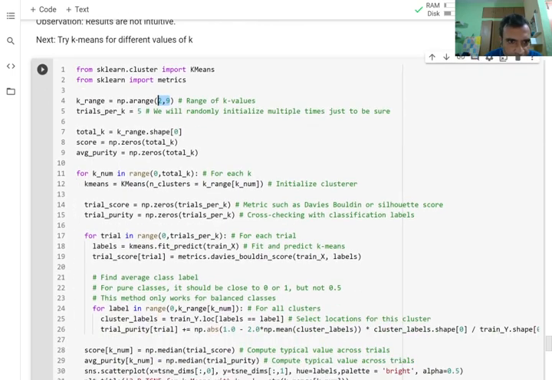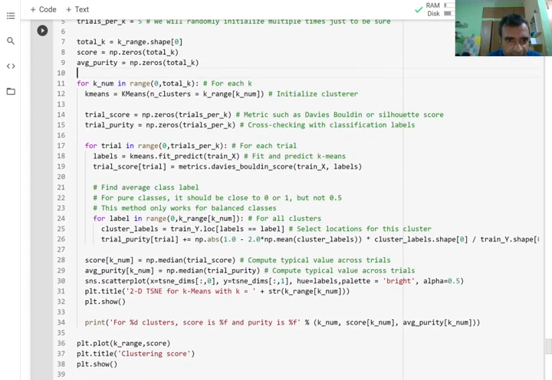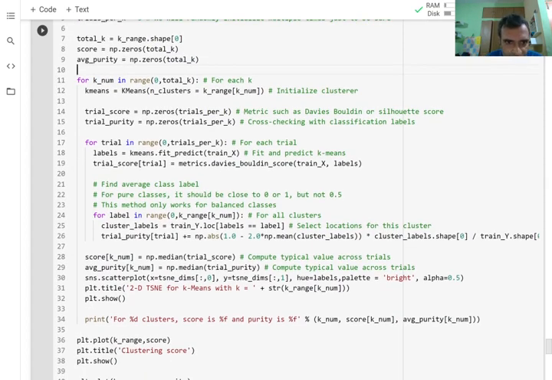Okay, so I'm going through this range of k's, and for this again I will do 5 trials for each k. Actually you don't need to do 5 trials, you will always get the same answer in k-means. We'll look at it in the course. Okay, and then for each trial I'll do fit and predict both on the training data. I'm not using the test data now, and I am computing a clustering score metric called Davies-Bouldin criteria. We will talk more about it in the course.